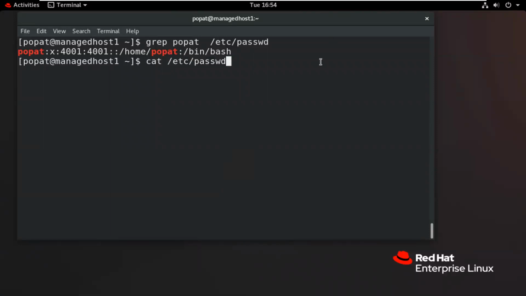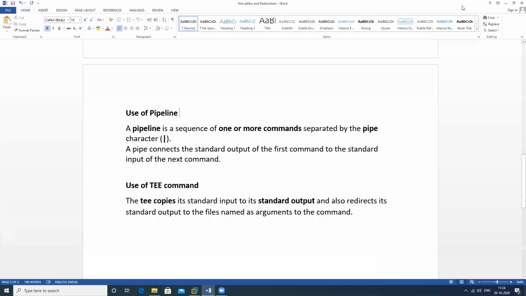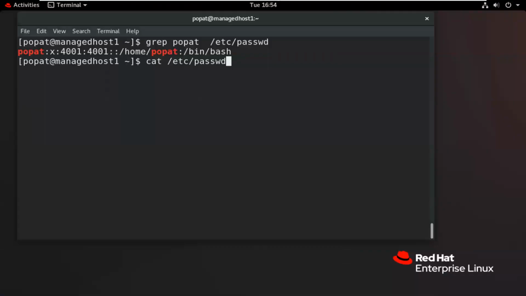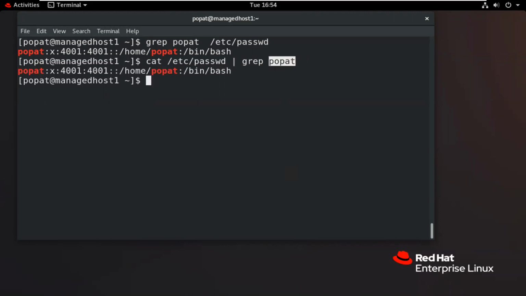We want to use another command. So what I will do, we can use the pipe sign. So how will I use this particular pipe sign and grep? We want to check this one, only this one. So we can use this. So here there is no need to put this particular.